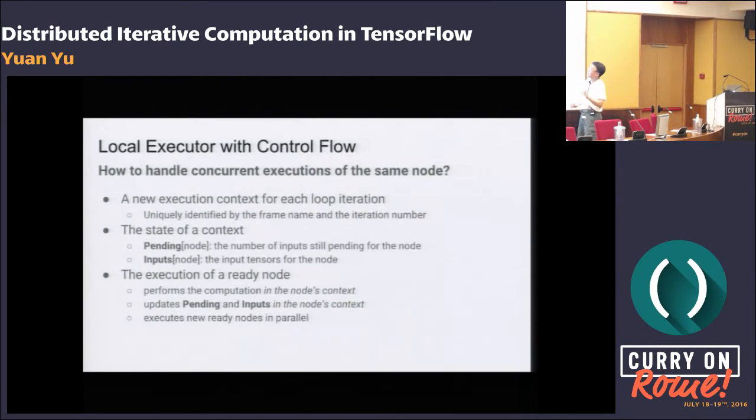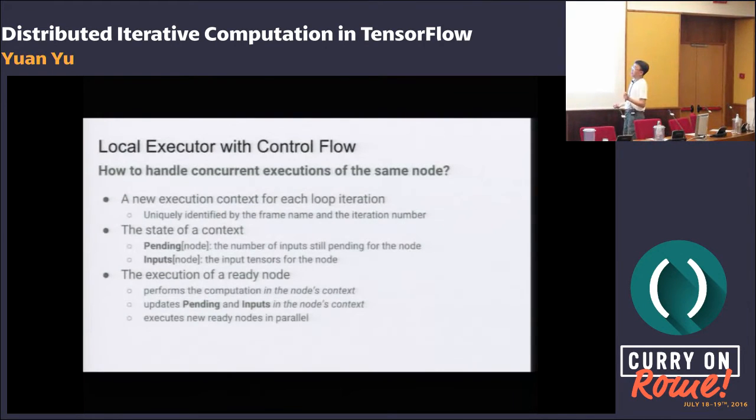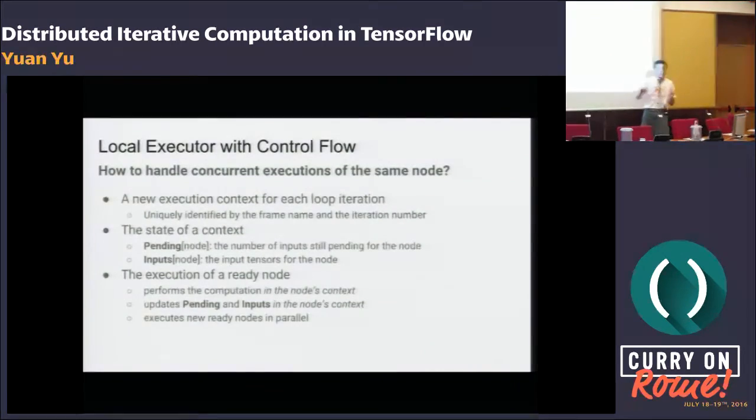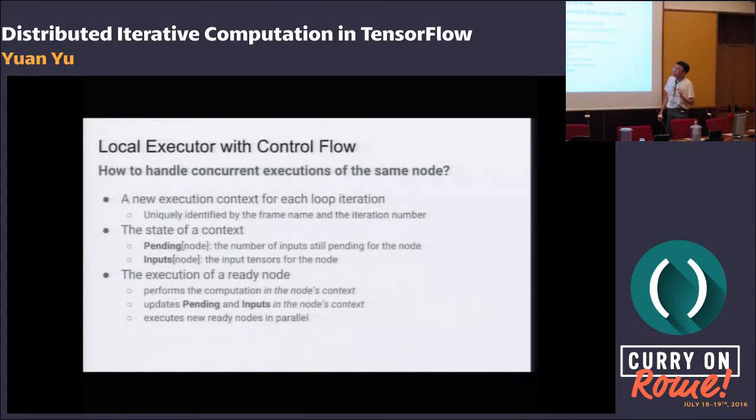This execution context is uniquely identified by the frame name and also the iteration counter. In terms of the state of the context, it's exactly the same as before: we have the pending counts, we have the inputs. But now, instead of a global state, for each context we have this state. So the execution is exactly as before, but only executed in this context.